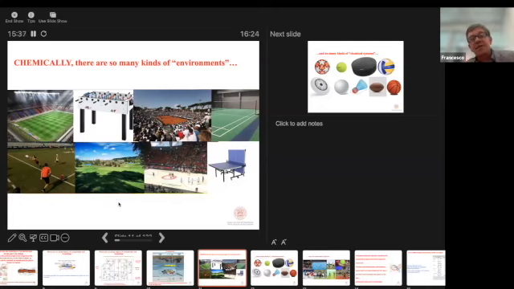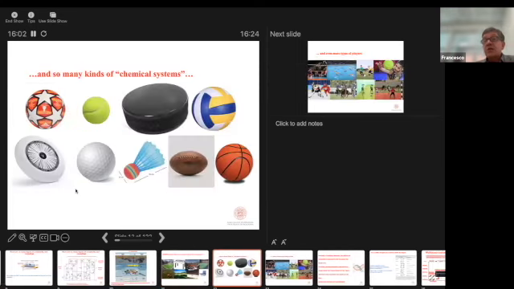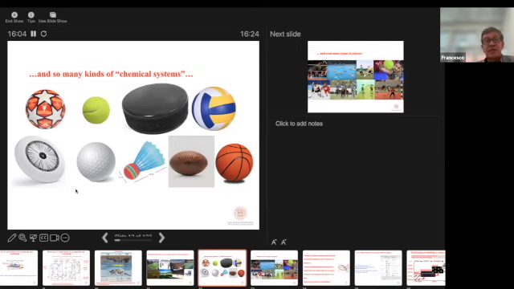But in chemistry, we distinguish the environment, okay? So the overall picture. And then there are so many different types of environment in chemistry. We can be in a polar fluid, we can be in the solid state, we can be in the gas phase, and all of them are very different. And there are so many different kinds of chemical systems. Actually, these are some of the chemical systems one can think of.